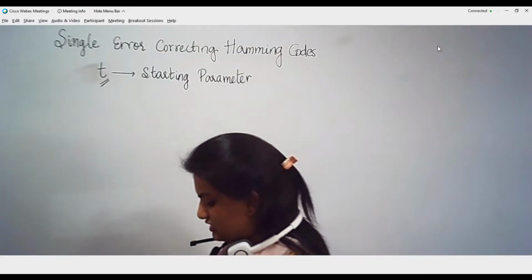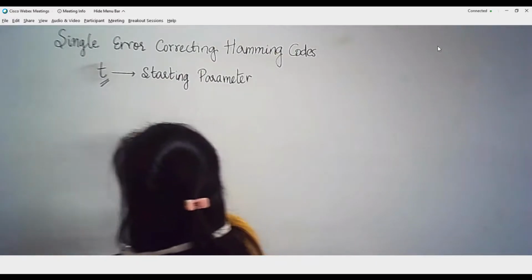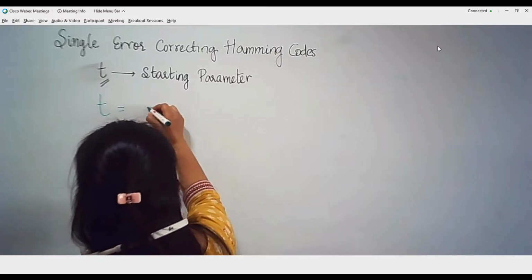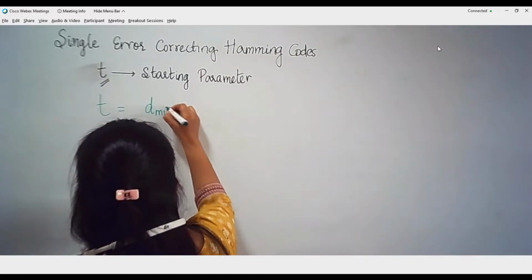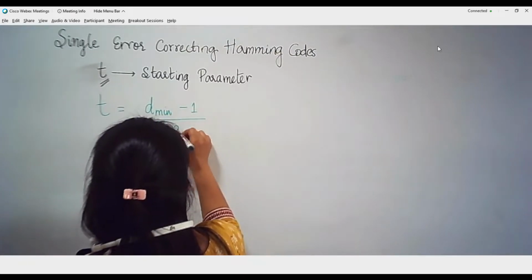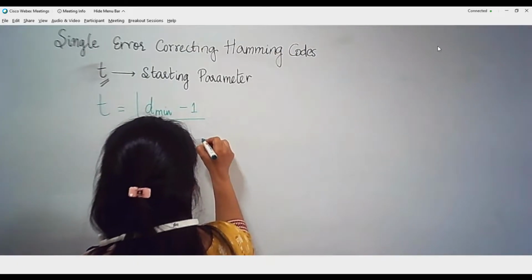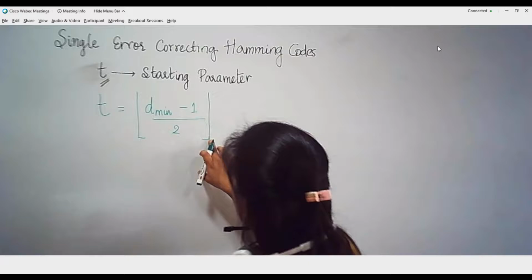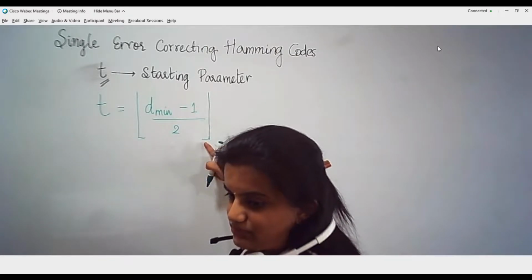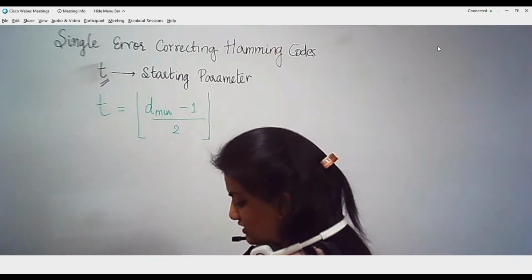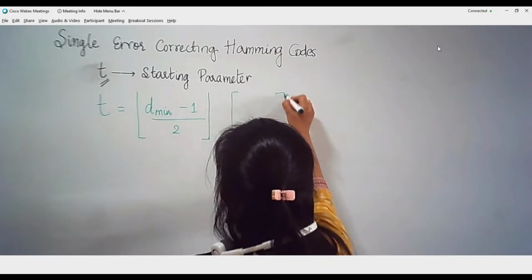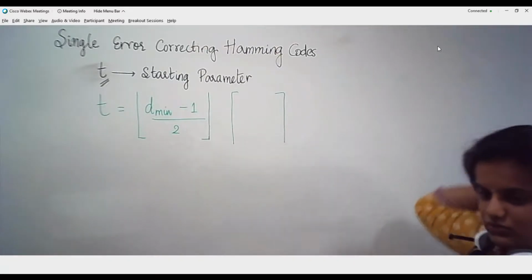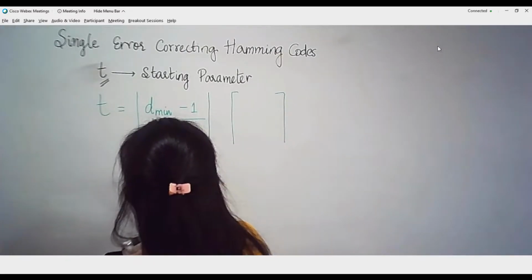That is what we discussed in the previous class, that the error correcting capability T of a linear block code is given by floor of (dmin minus 1) divided by 2. It is a floored version, not a ceiling version. Please know the difference between these representations. Sometimes in some expressions it is written one way, in some the other way. So what is the difference? In this case, the value is